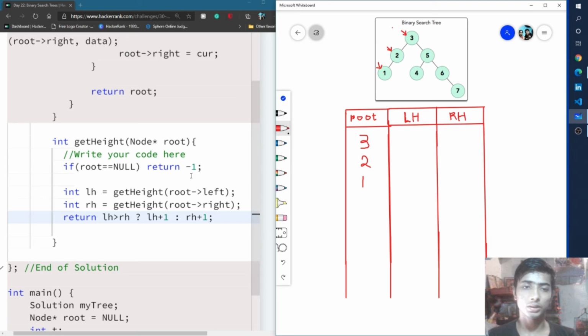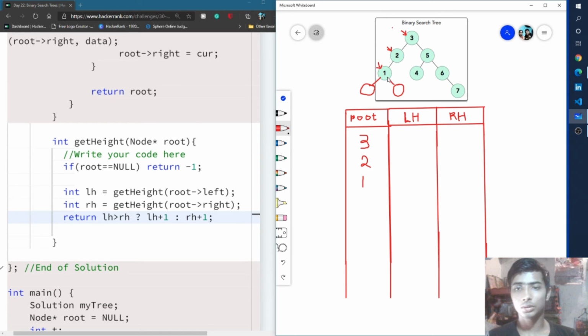So that means it simply returns -1, because if you imagine that a node is present on the left and the right of this node, and the values of these two nodes are null, then it simply returns -1. After returning the left, we call root right.